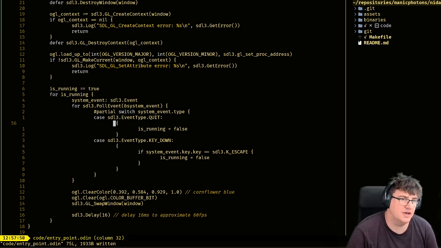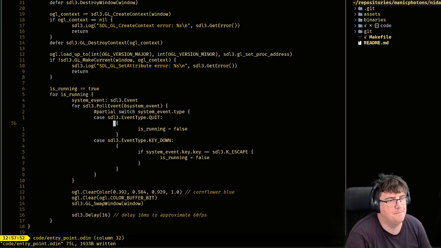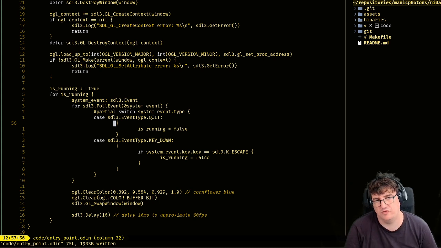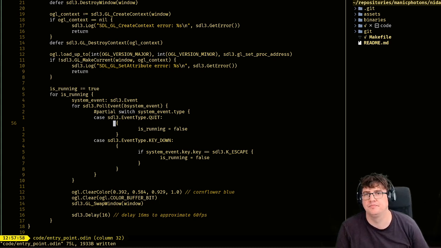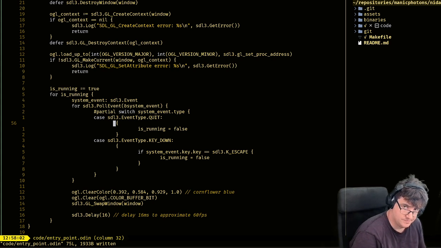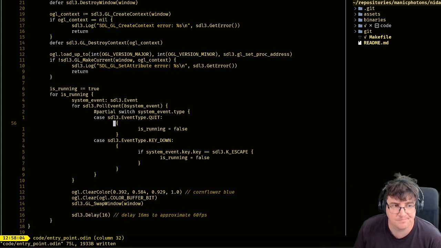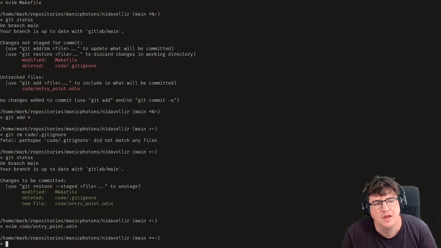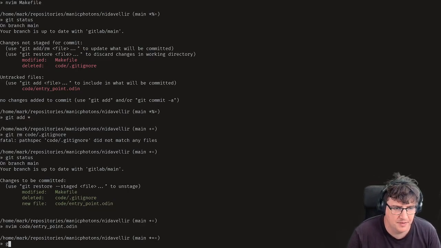I do want to get my code refactoring correctly. This is fine. Let's keep that as a separate commit.